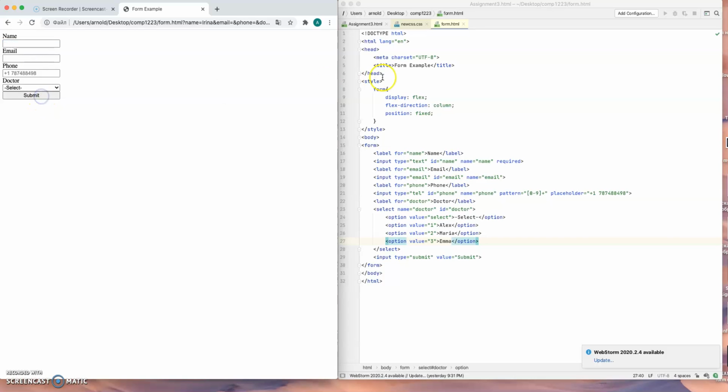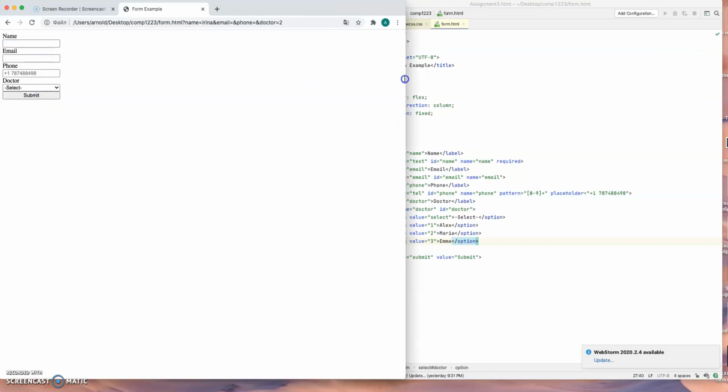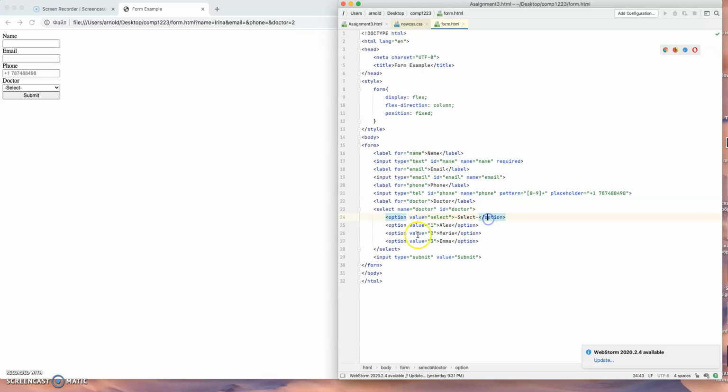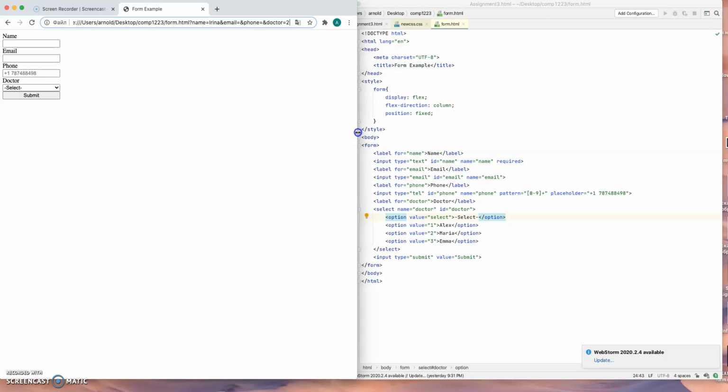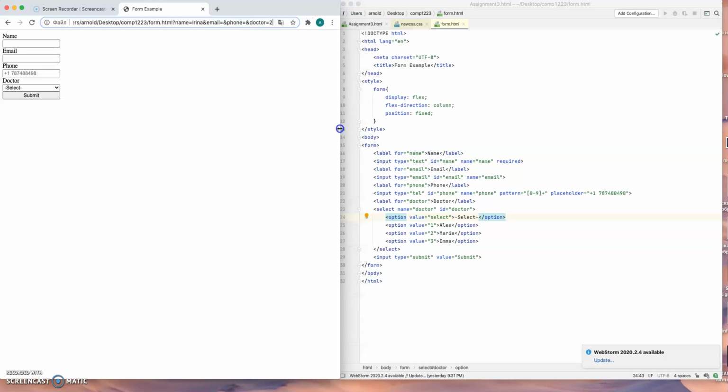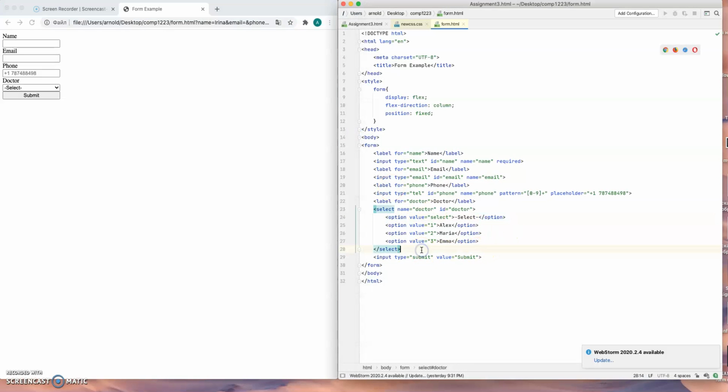I submit it, and now you see doctor value is 2. So it will not submit the doctor name. It will submit the value of our option. So value 2 is Maria. Okay, what can we do next? Next we can do,